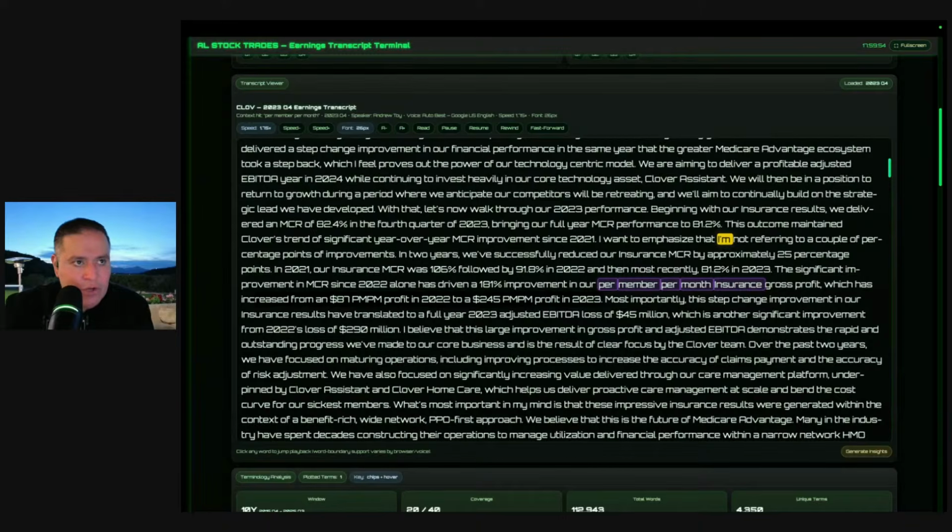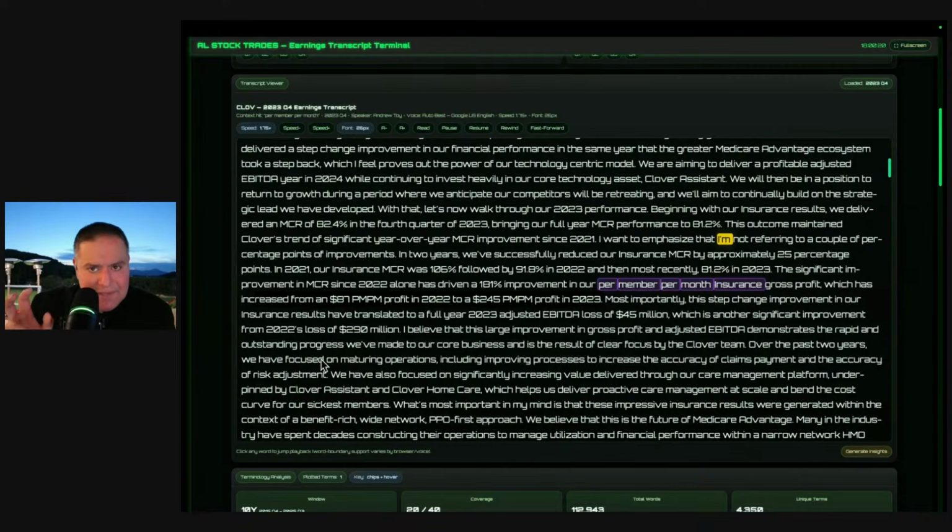Or you could argue the fact that they're growing rapidly, they might just hover and stay around 245, 250 because of that excess growth. And the fact that they're going to be hopefully staying at that 245, 250 only shows you that the Clover Assistant is obviously working, which is indicative in the MCR improvement. I hope that made sense. That was a very important number to look at. All right.